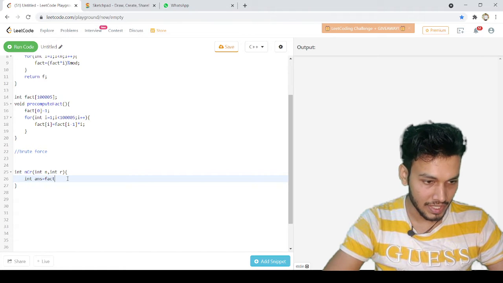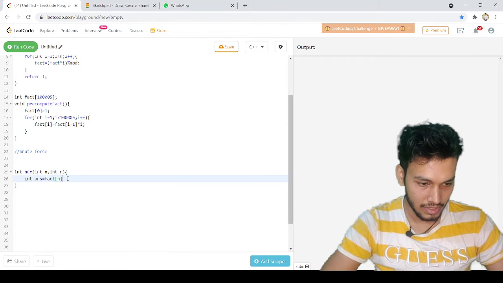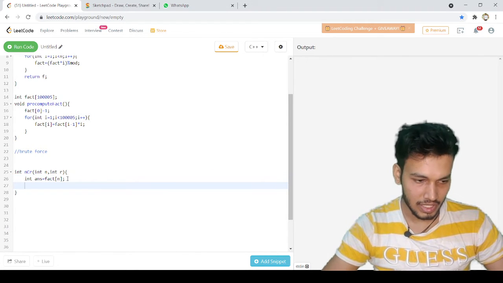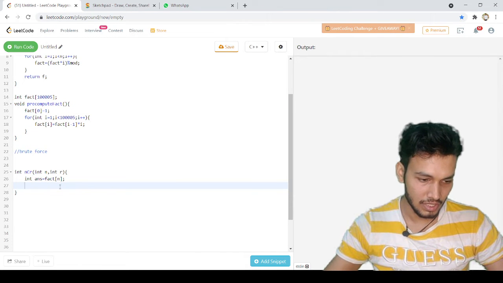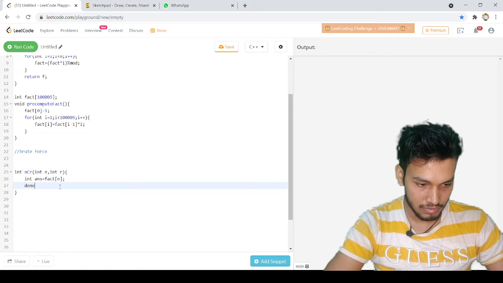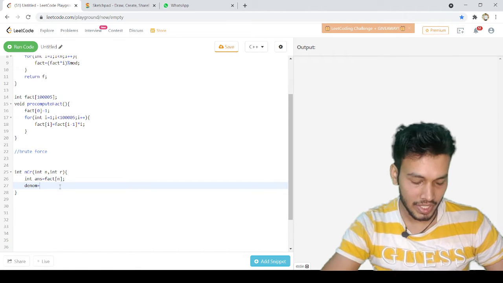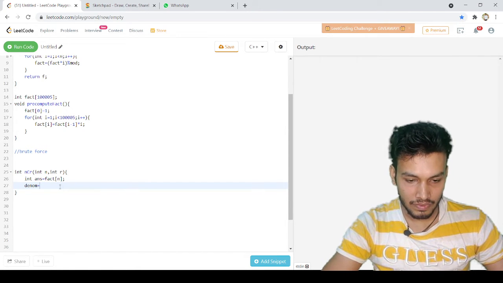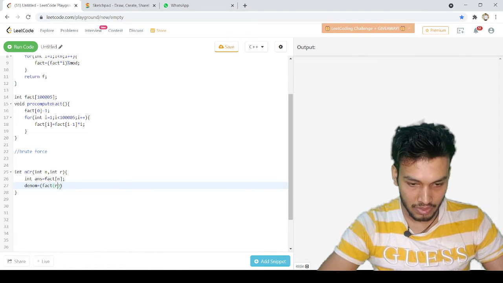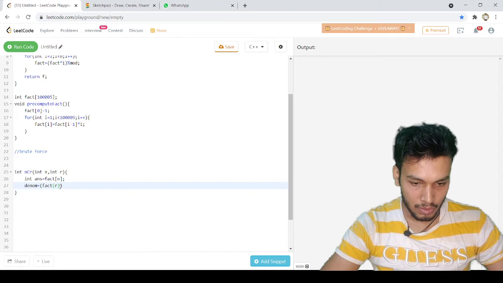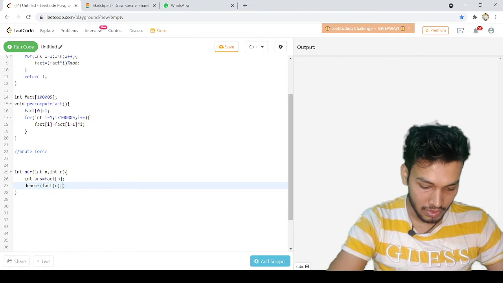So let's say fact of n. We are just taking the value directly from this array, so I can say fact of n. Then let's talk about the denominator. For the denominator, what we need is factorial of r, and we will also be needing factorial of n